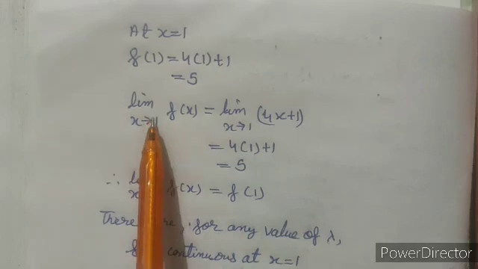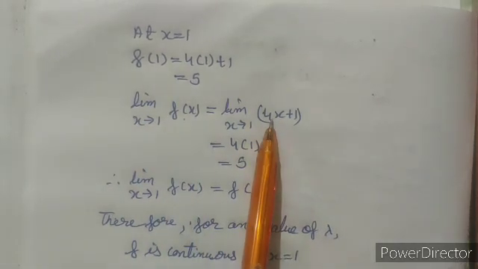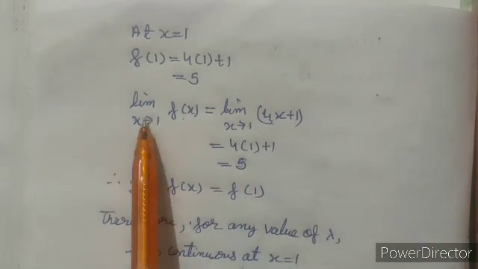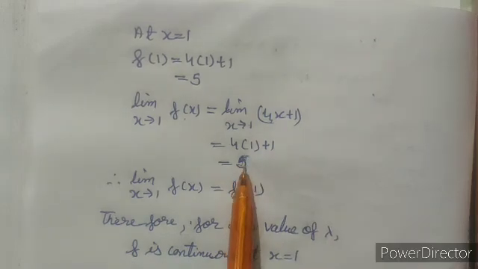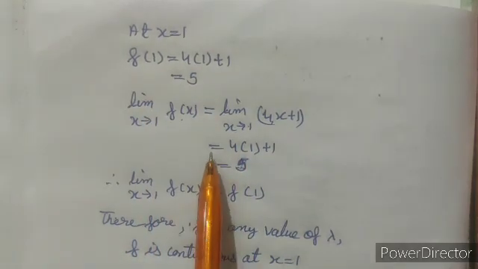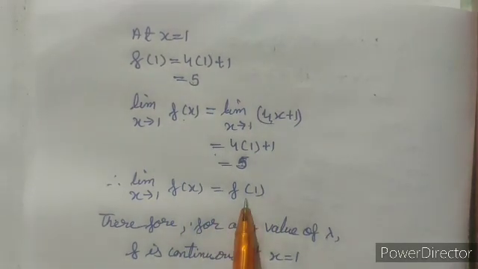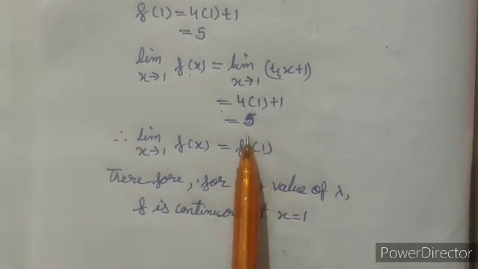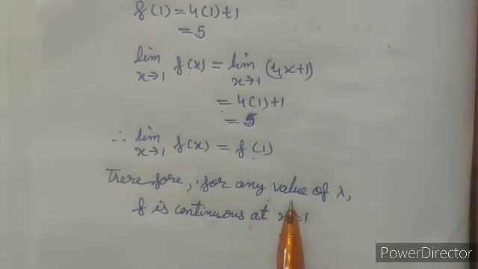Now the limit at x equal to 1, again 1 is greater than 0, so we will take the value of the function as 4x plus 1, and on taking x equal to 1, we are getting the value of the limit of the function at x equal to 1 as 5. Now as we see here, the limit of the function is equal to the value of the function at 1. So we can say that the function is continuous at x equal to 1